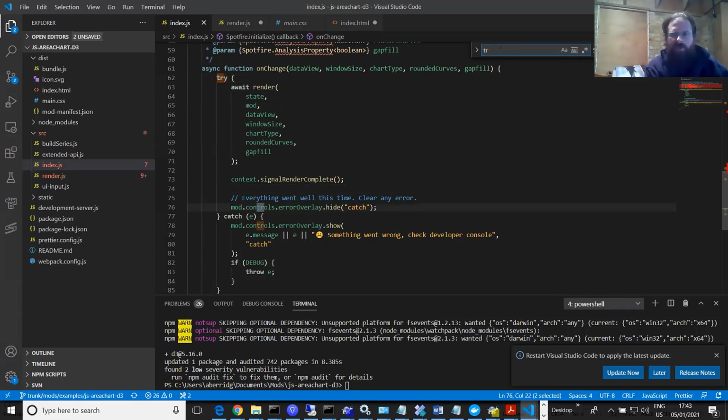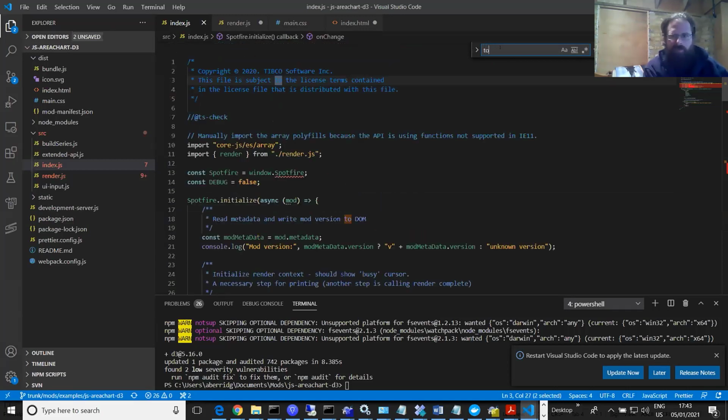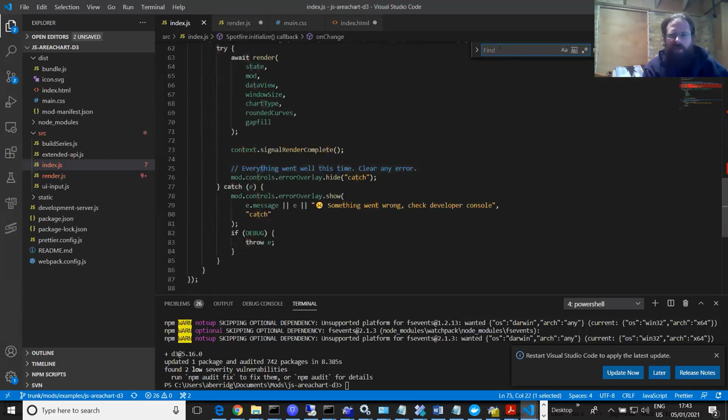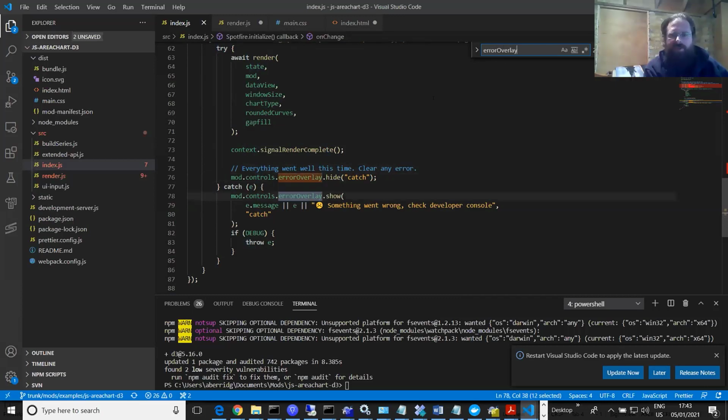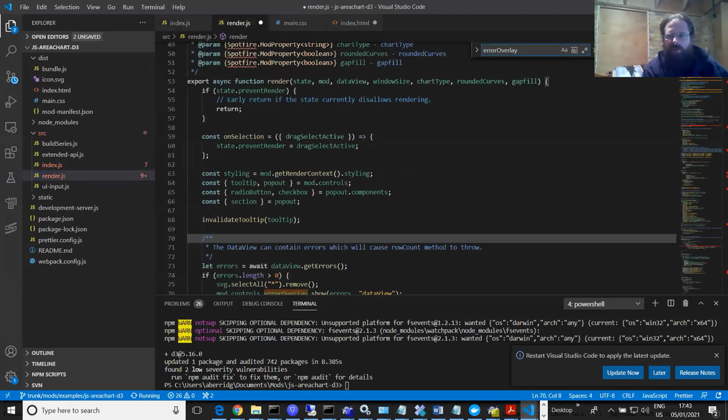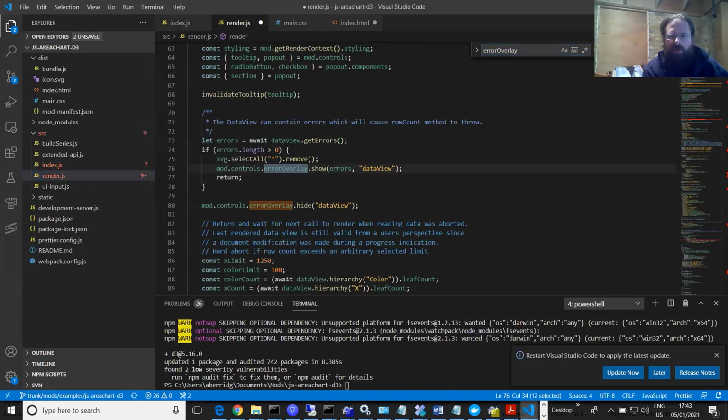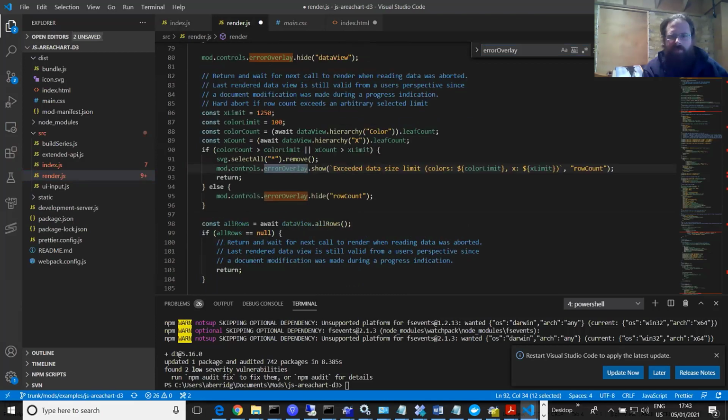If you've got too many rows, I can't remember exactly where it is, but there is a row error limit, right? What, 2,500 or something? Yes, because you could do something very stupid. Is it in here? Error overlay. Let me just see. There we go. There's the code that does that. So if you did something very, very silly,